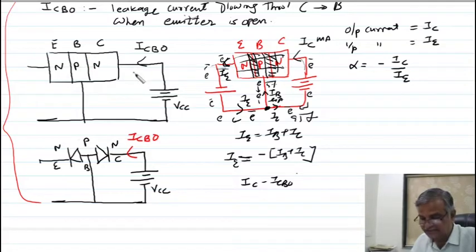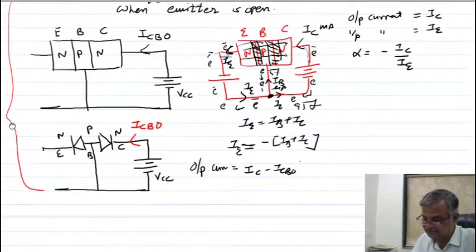But while we are discussing this, it is found that this current is nothing but the sum of the current due to the electron coming from emitters and electron coming from the base. We have to consider only the current due to the emitter electrons. So I have to subtract this current from this. So net value of the current in the outward part can be written like this. So output current is IC minus ICBO.